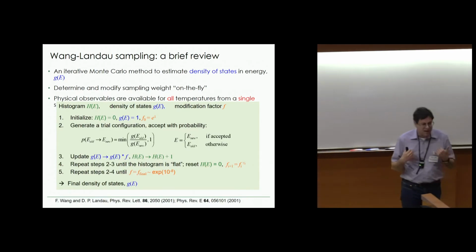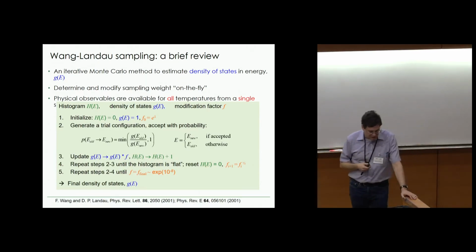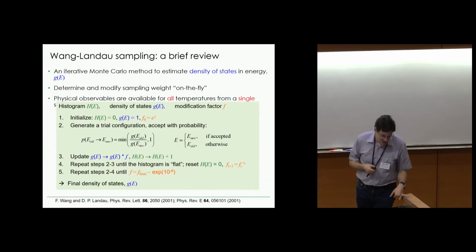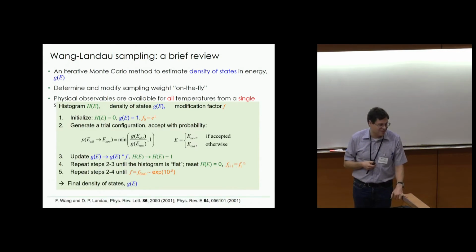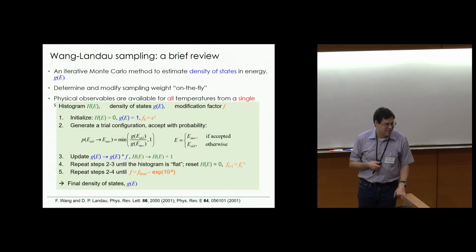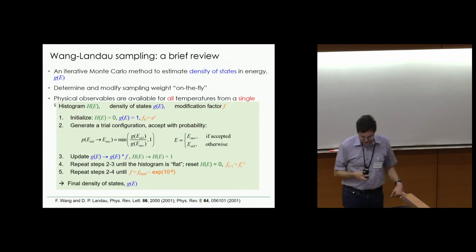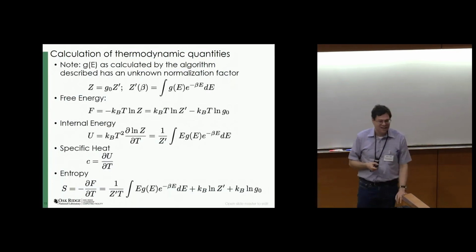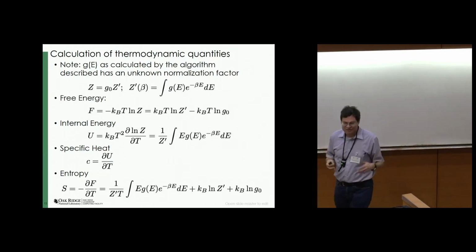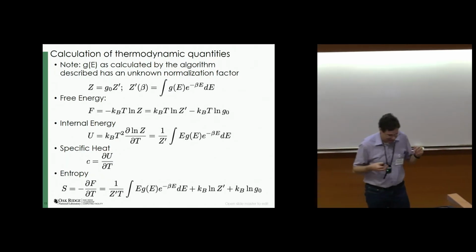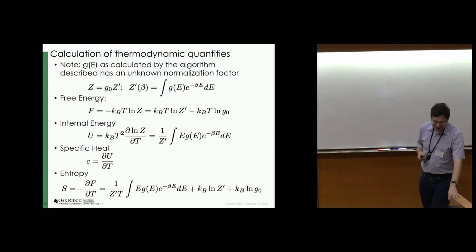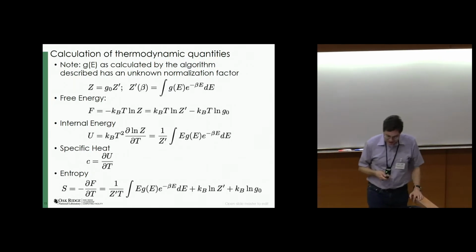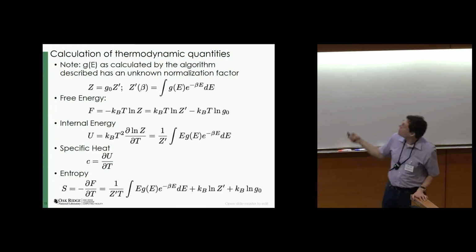We iterate until we basically have a converged density of states. It's easy to see that the correct G of E is a fixed point of this method. It's not quite clear to see that it always will converge there, though. But in practice, it works, and that's what usually matters for us physicists. So if we now know this G of E, we can calculate, as I said, the